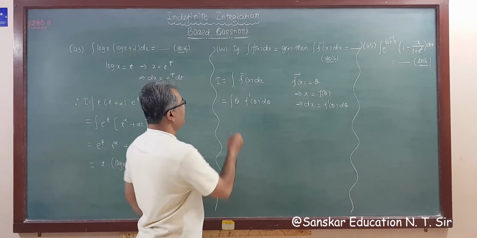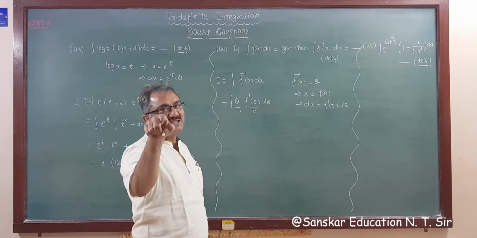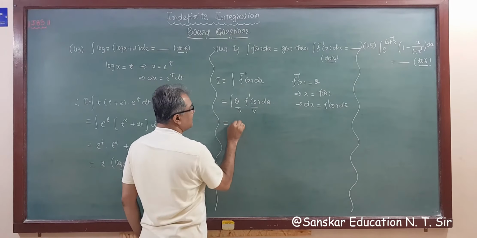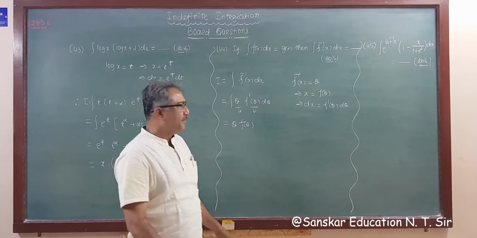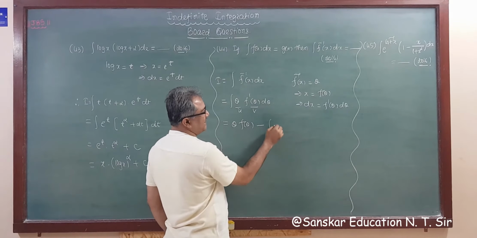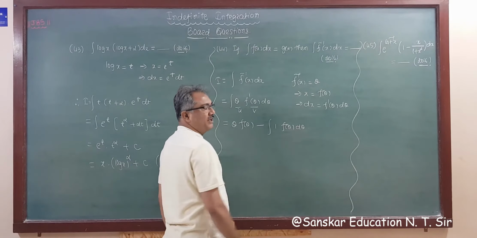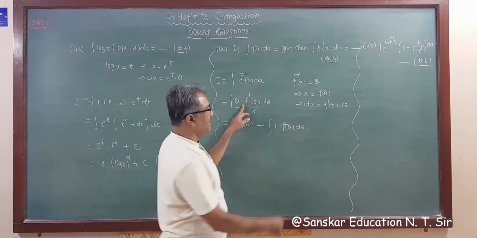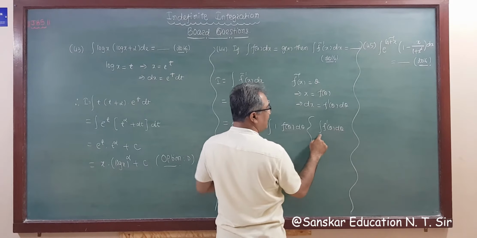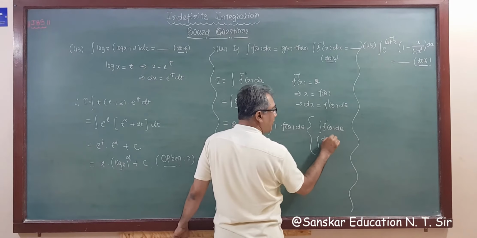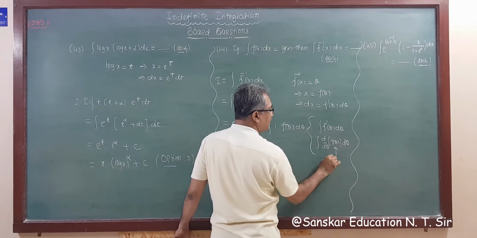Applying the u into v rule, taking this as u, this is v because this is a derivative. So integration of a derivative means the function itself, right? So u as it is, integration of this is the function as it is, that is f theta, minus the derivative of u with respect to theta, which is 1, and the integration of this, f theta, d theta. Got it? See here, integration of f dash theta d theta, this is d by d theta of f theta, d theta. So the answer of this will be f theta, right?